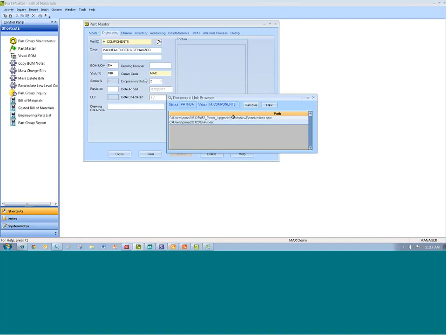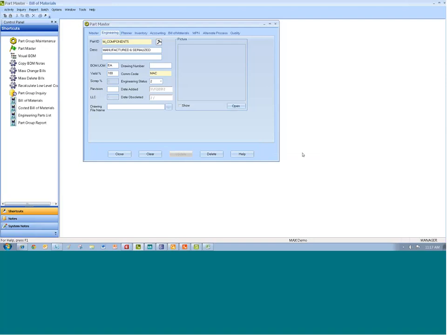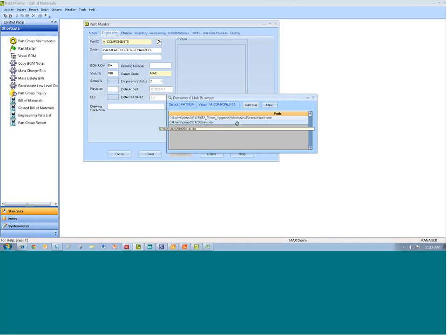It allows you to associate multiple documents with this. So I can actually access my What's New PowerPoint. You can basically access any document as long as the person has the viewer on the workstation. You can get SolidWorks drawings, CAD drawings,